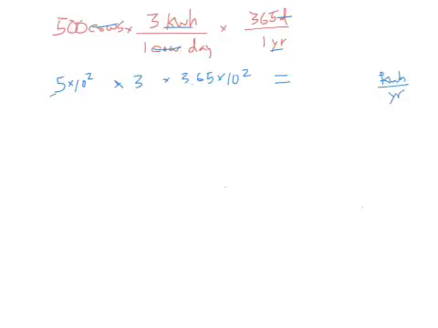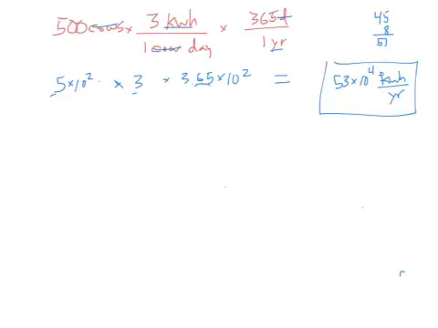And my numbers, 5 times 3 is 15. 15 times 3 is 45, right? And then I've got 0.65 of 15, so that's a little more than a half, or around 8. So I'm just going to call that 53. So 53 times 10 to the second, added to the second, so that'll be 10 to the fourth kilowatt hours